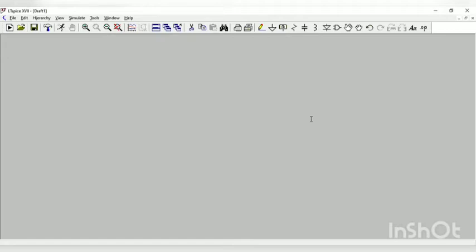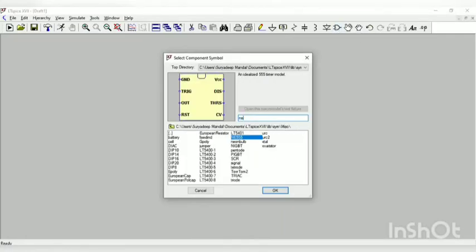However, in a retriggerable version, the timer kind of resets itself every time you give a trigger pulse, and it starts counting from the last trigger pulse that you have given it. So we will design both of those in LTspice today, and I'll start by choosing a NE555.